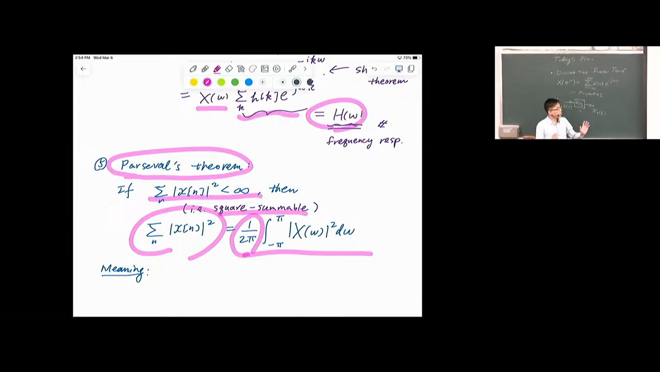So the way I remember this property, I can invite you to look at it this way. What do we mean to sum up this square in the time domain? Summing the square in the time domain is like calculating the energy. Energy is, for a lot of signals, force, or let's say